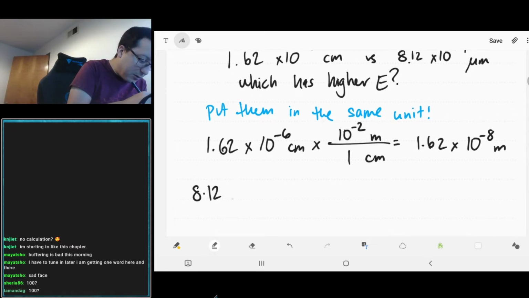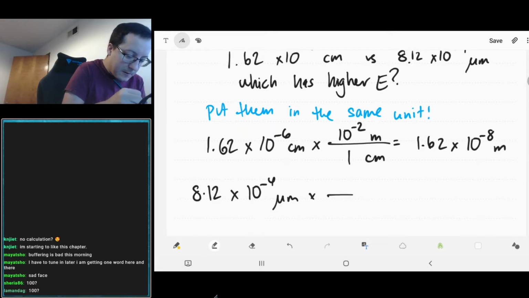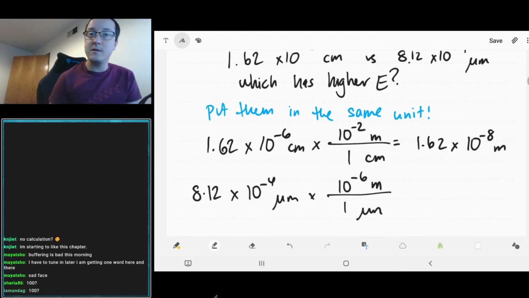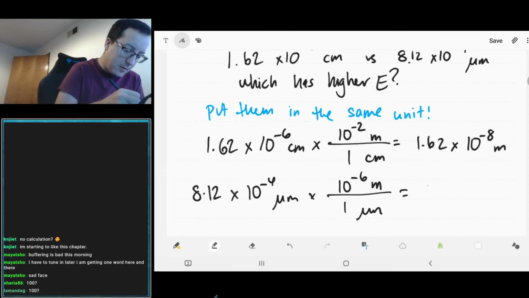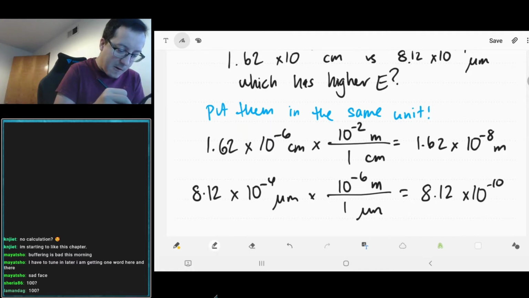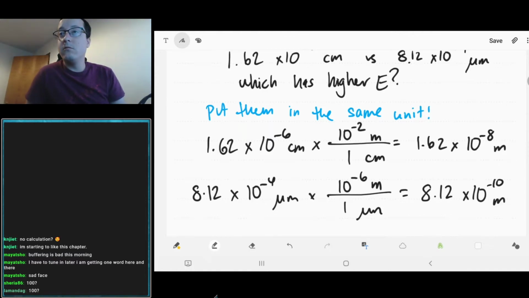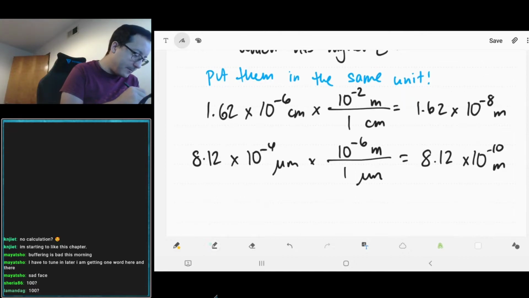The other one, 8.12 times 10 to the negative 4 micrometers. Remember, a micrometer is 10 to the negative 6 meters. And so, thankfully, I can do these in my head because these are just exponents. I can thankfully add things in my head. Looking at those two, we see that